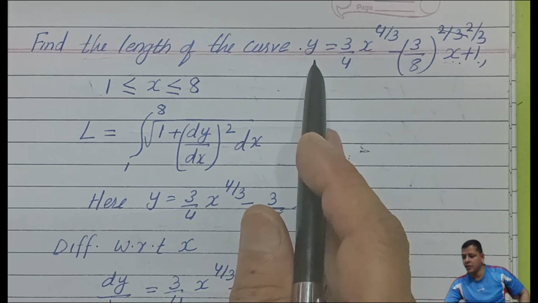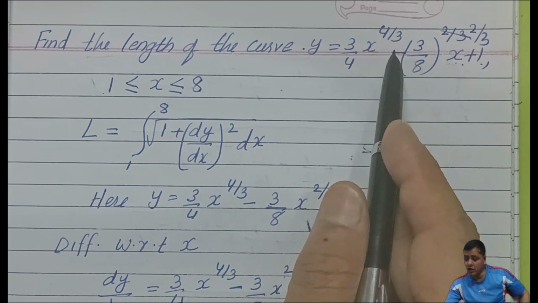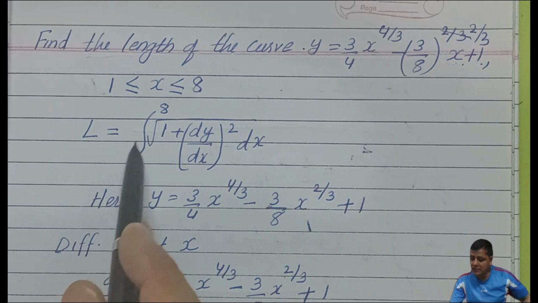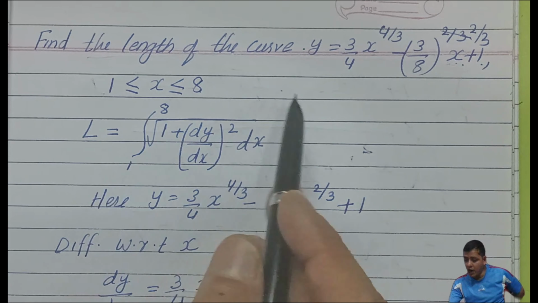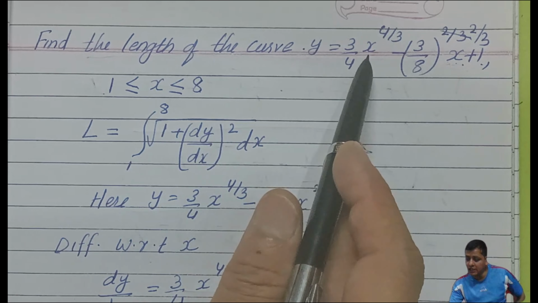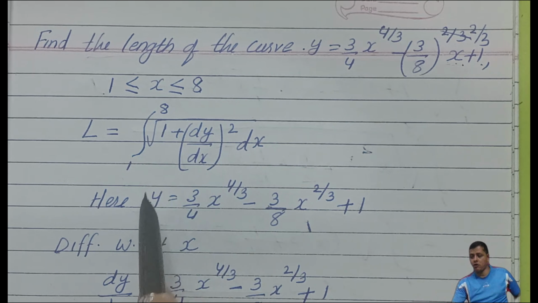So we have a formula, and whenever y is given, you go for the formula which is written here, with y and here x. This is the formula you use when y is given, or you can say you have to differentiate with respect to x when y is given. So you did that by writing this formula, and you should always remember this formula. For the length of the curve, when the y value is given, you differentiate with respect to x, and the formula is this. If the x value is given, then you differentiate with respect to y, and you will be writing y down and x up. So here will be y, here will be y. That's what you have to remember, the formula.